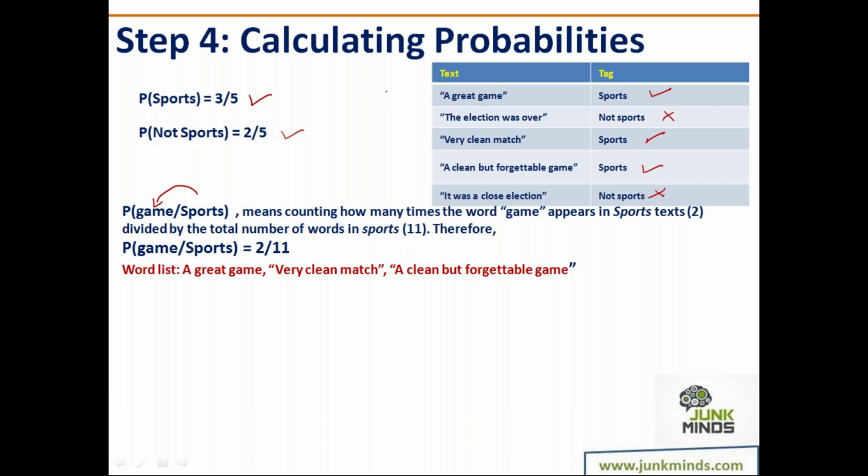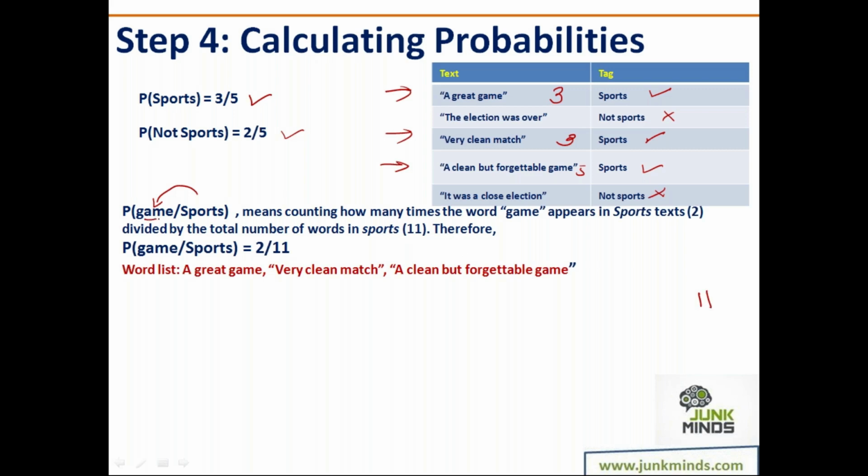Now guys, observe this. I have 3 statements over here that are talking about sports. Tokenizing. There are 3 words here. There are 3 words here. And there are 1, 2, 3, 4, 5 words over here. So 5, 3, 8 plus 3, 11. I have 11 words over here when we are talking about sports.